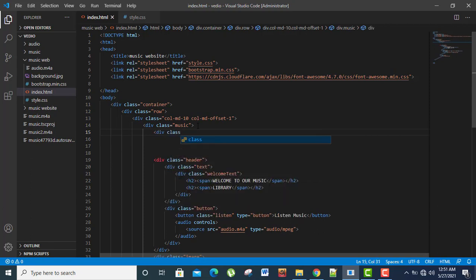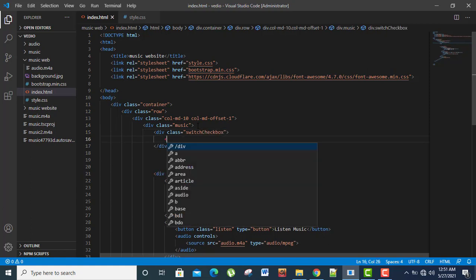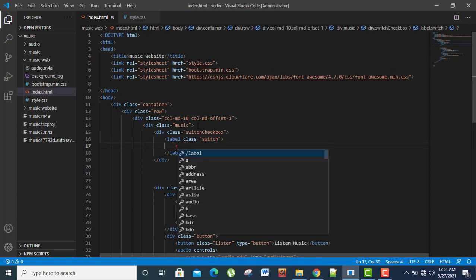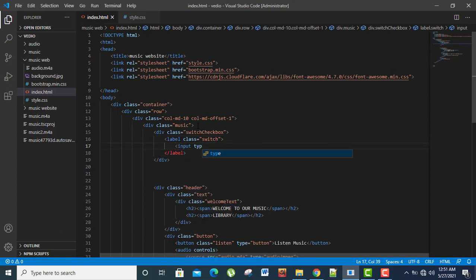Inside the div with class name music, I will add a div with class name switch checkbox. Then I will add a label with class name switch. Add an input whose type will be checkbox.